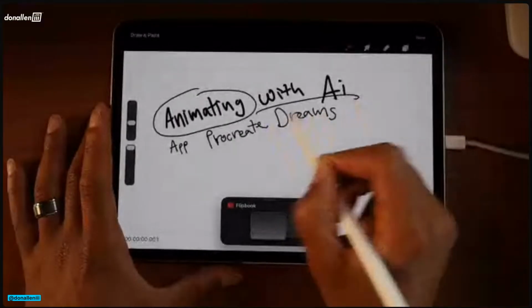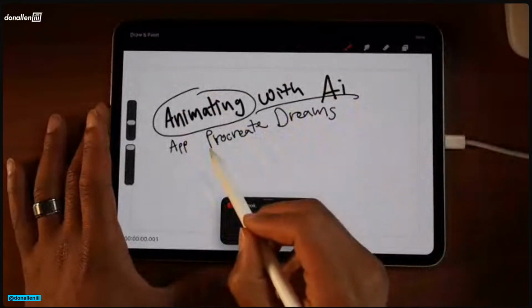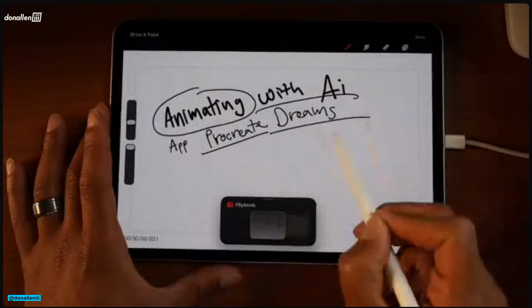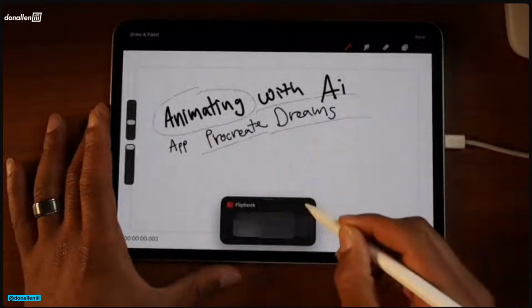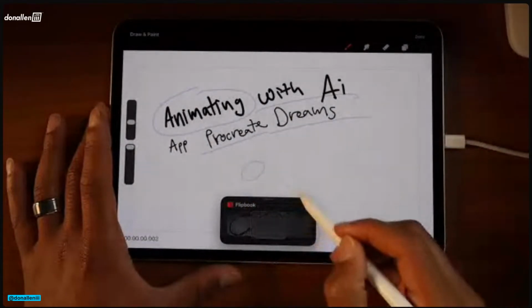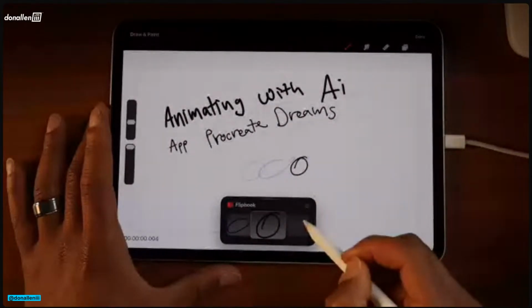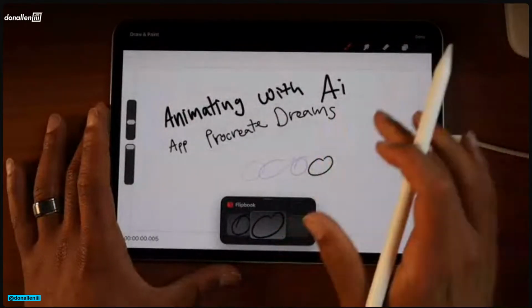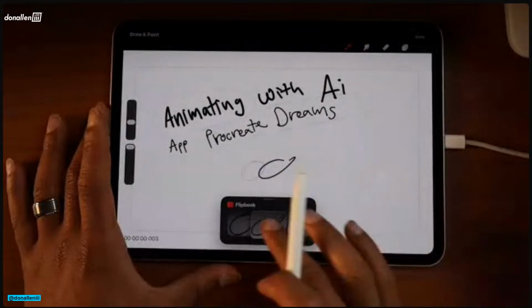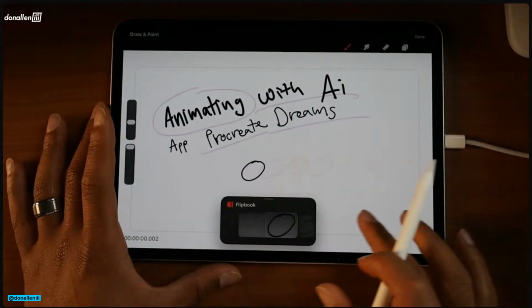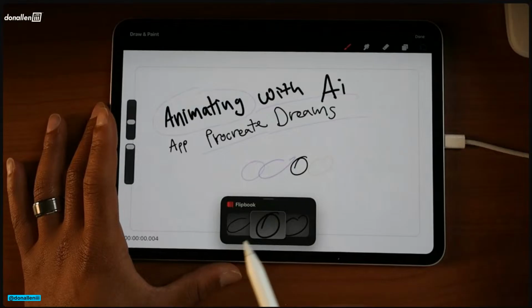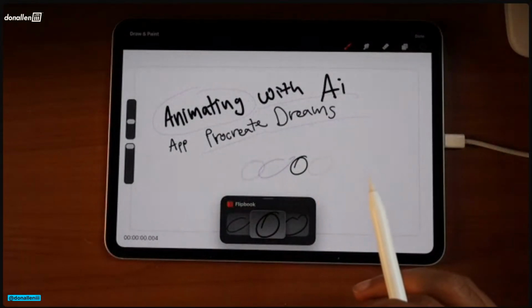with AI. We're going to be creating some stuff using this app. This app is called Procreate Dreams. It lets you animate stuff. So I can go frame by frame, and you can see that it creates frames like this. And then when you slide through, you can see how that would animate. You can do some pretty advanced animation inside of this tool, and that's going to be our primary focus